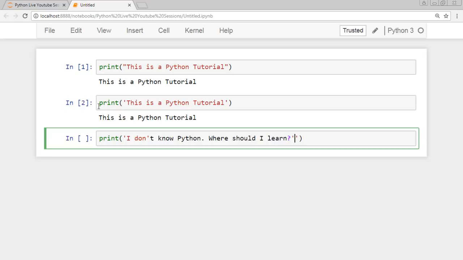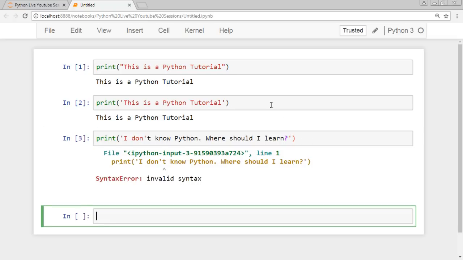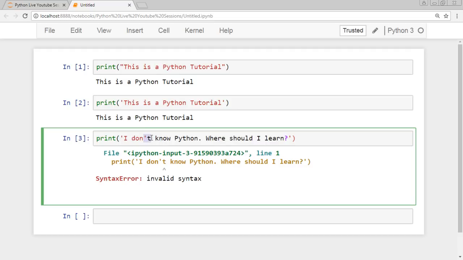All right. Now, although I have given this in single quotes, let me just run it and show you the output of it. This is going to give me invalid syntax because I have used a single quote in between my string as well. So what this print is considering is this from here to the first single quote that is closing is a string. Now it doesn't consider the rest of the string. So in cases like this, what you can do is you can use a triple quote